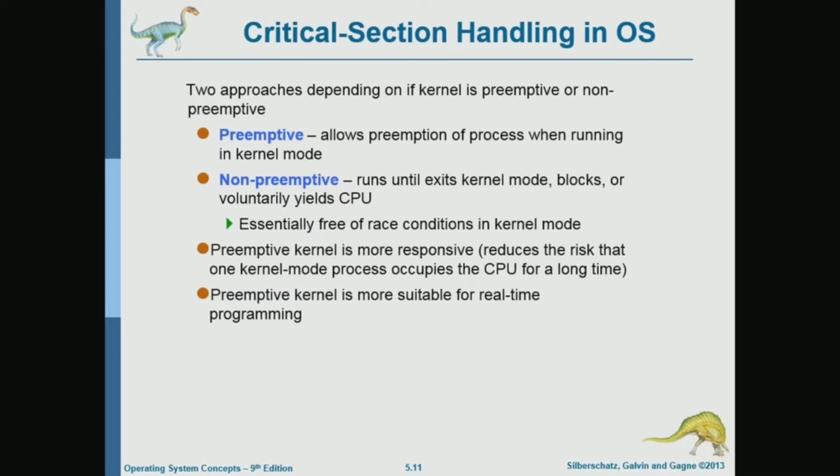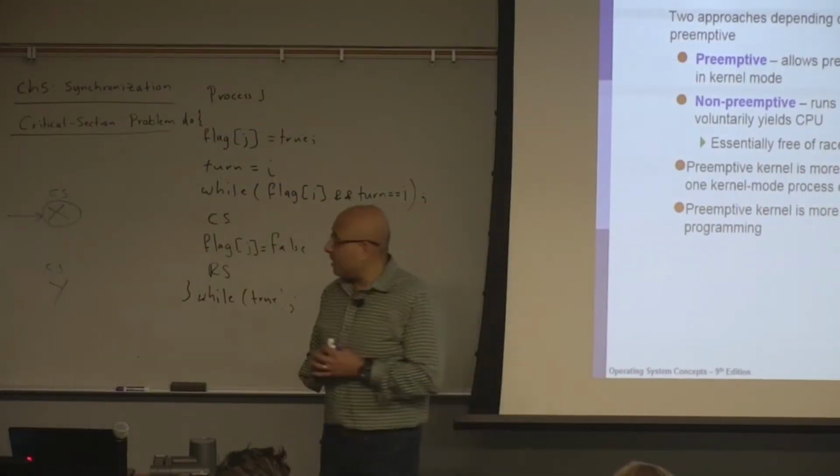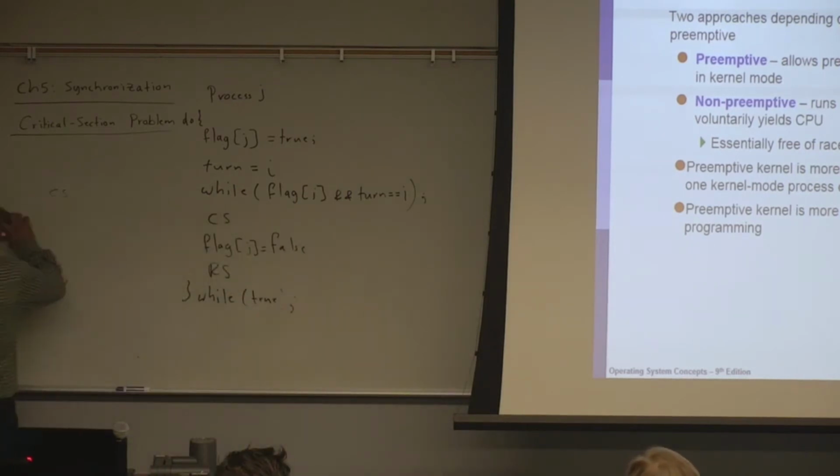The critical section problem also appears within the operating system itself, because, as we said, operating systems, or kernels, are today multi-threaded. So most kernels are multi-threaded, and a kernel could be preemptive or non-preemptive. So what do we mean by preemption? Preemptive means